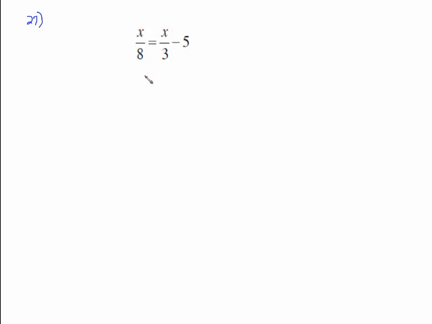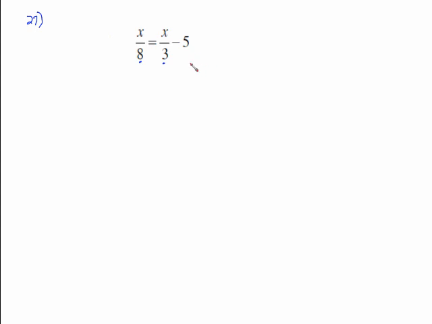This is the last video for the review for test 1. These last 3 problems all deal with rational equations, which means you have fractions in the equation. This first example has denominators that are whole numbers, which is a little different than what you'll see on 28